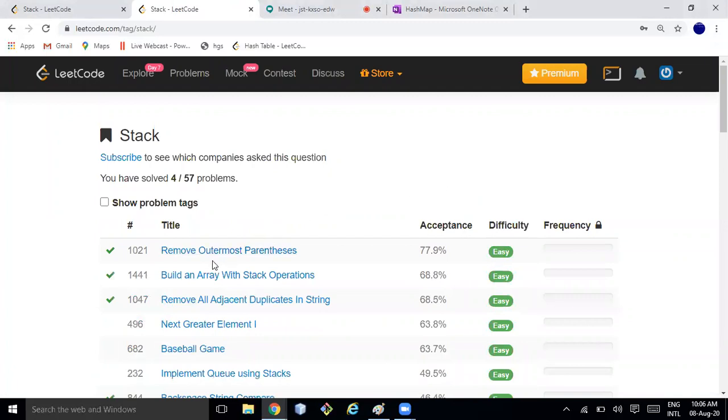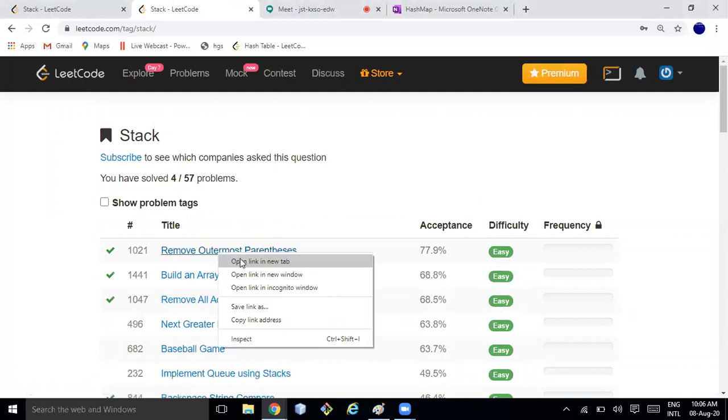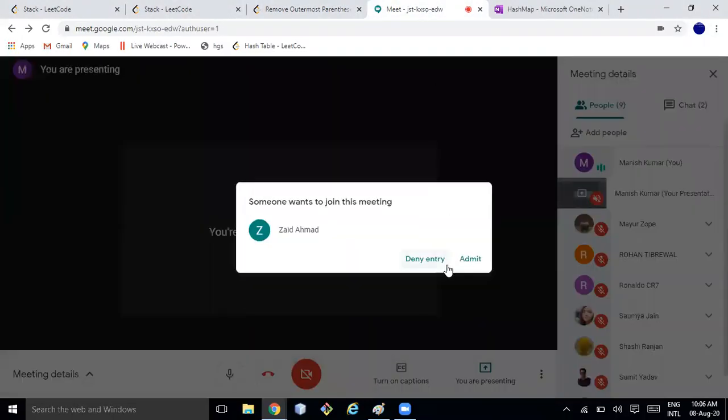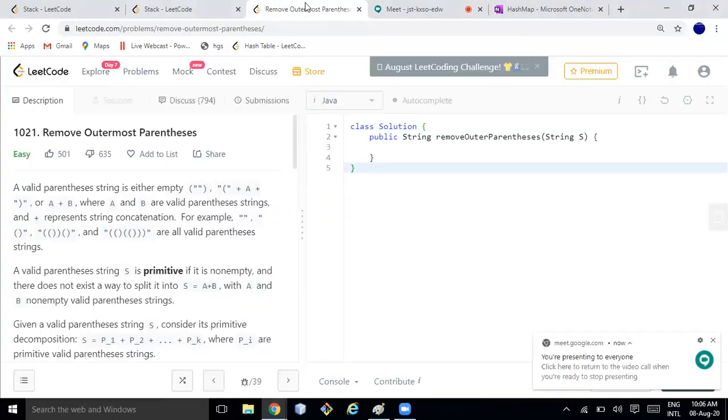Yeah. So starting with the first problem, remove outermost parentheses. Okay. So let's first understand what this says. The problem states that a valid parenthesis string is either empty, or it is like (A), with some string, or A plus B, where A and B are valid parenthesis strings.